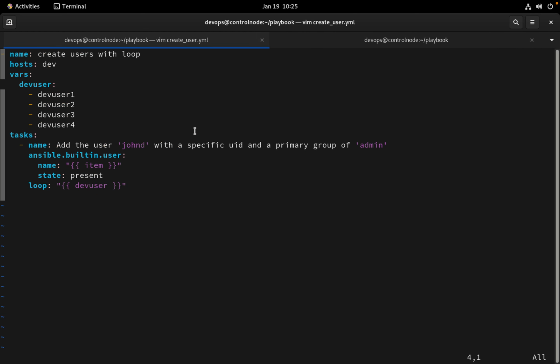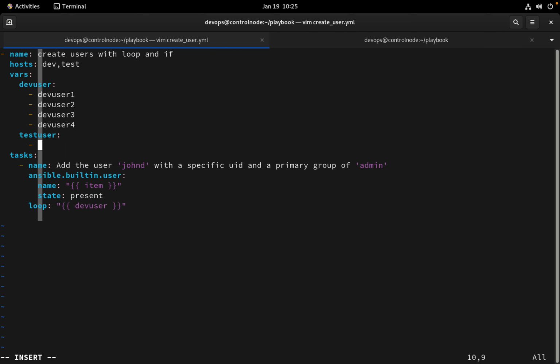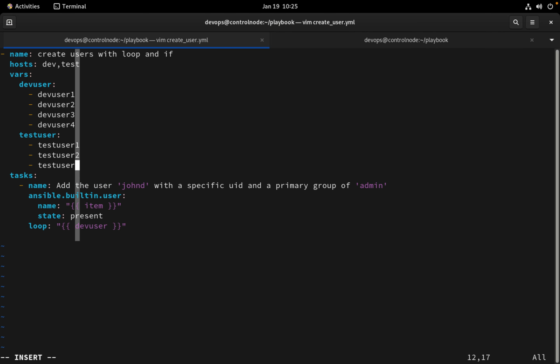Suppose I have one variable, so I need to change it here, since we will be performing the task on dev as well as test group. So I will add test, and if condition we are going to use. So we have dev user variable. I will create another variable called test user, and inside that I will create some test users. So test user 1, test user 2, test user 3,